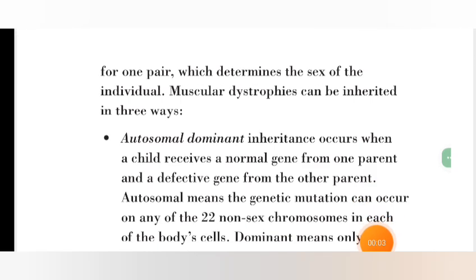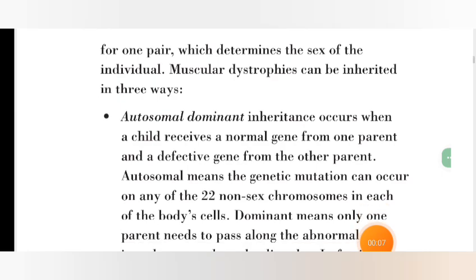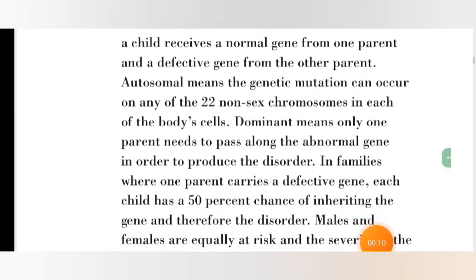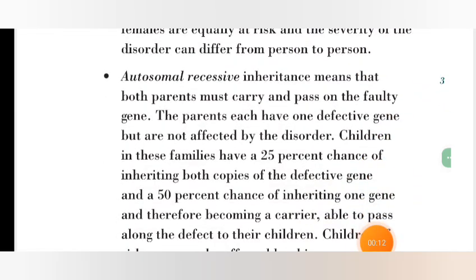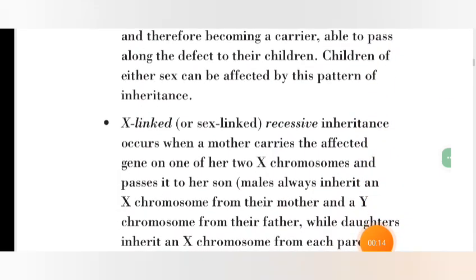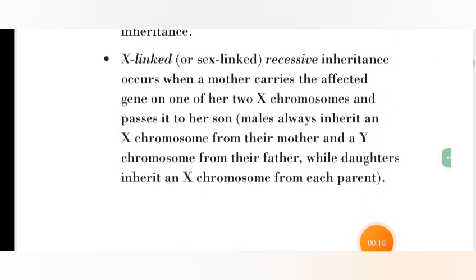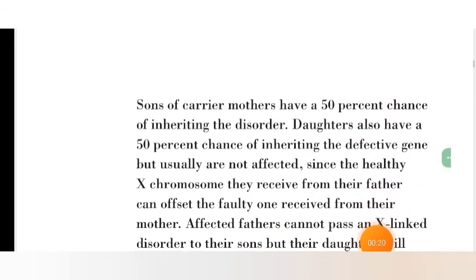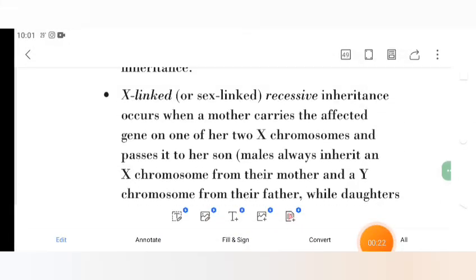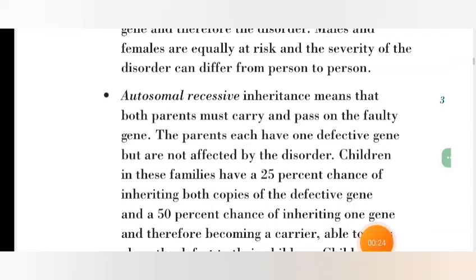The next one is the muscular dystrophies can be inherited in three ways. First is autosomal dominant, the second is autosomal recessive, and the next is the X-linked or sex-linked recessive inheritance. First one is